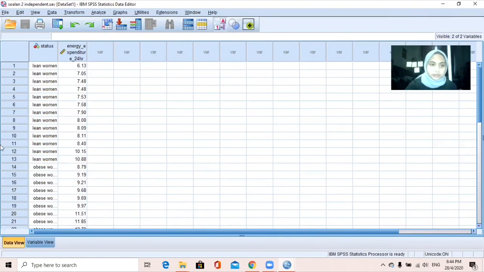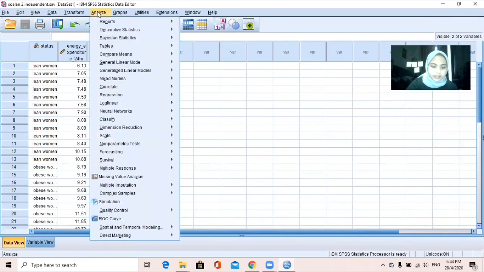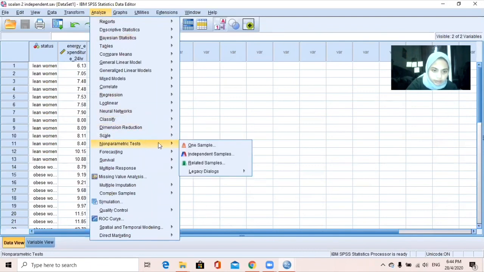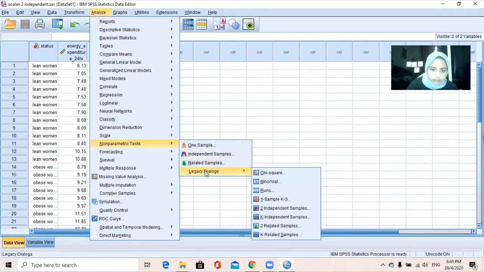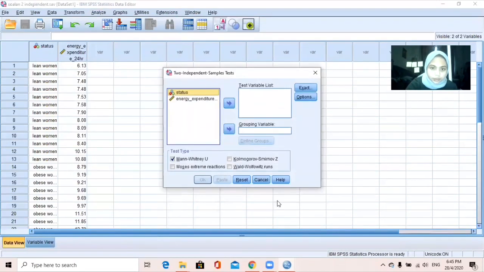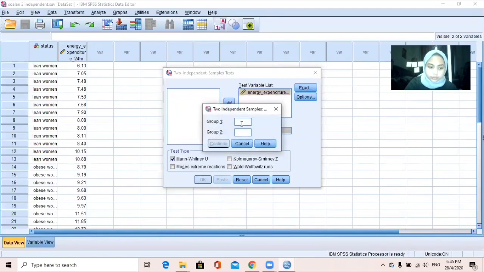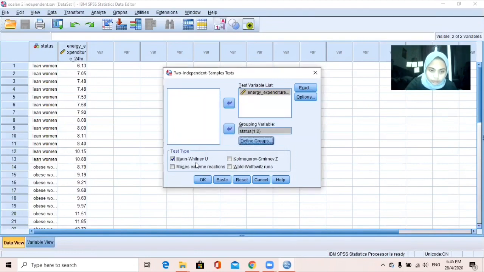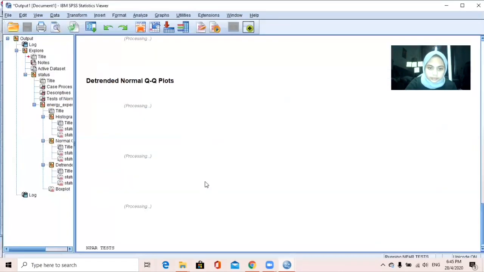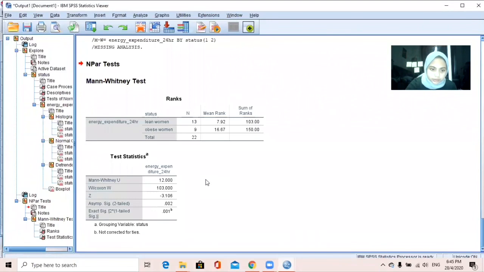First we go to Analyze, and then Non-parametric Tests, Legacy Dialogs, and then 2 Independent Samples. Okay, so the test variable is energy expenditure, grouping variable status, define groups 1, 2, Continue, Mann-Whitney U. Okay, then OK. Okay, so based on the Mann-Whitney test,